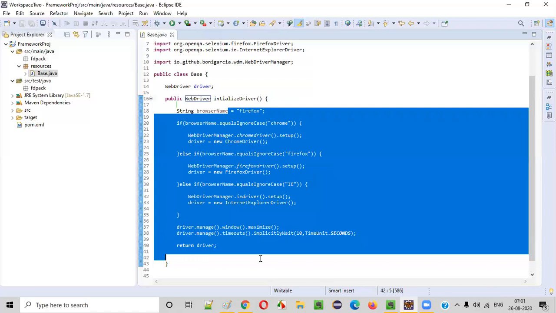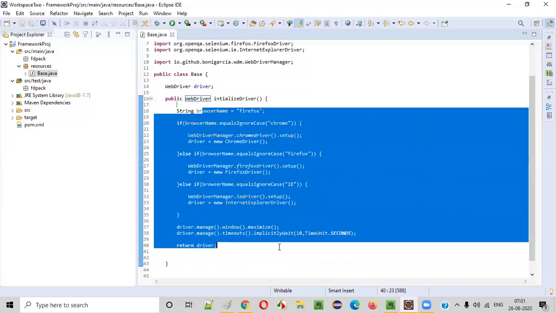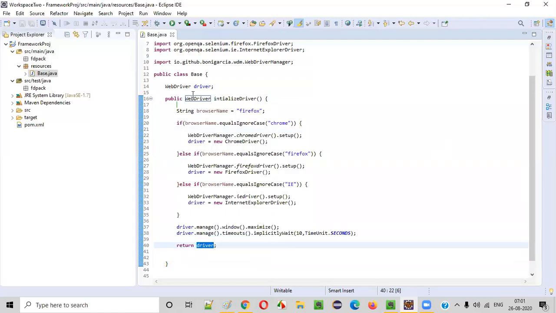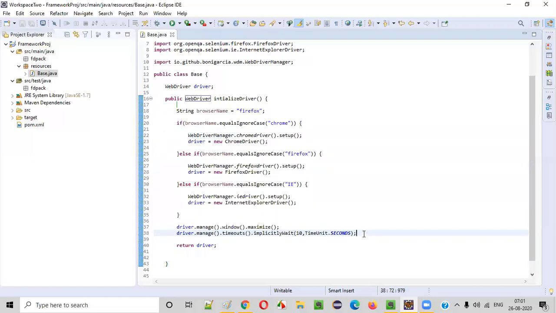Instead of writing all these steps again and again, we'll simply call this method, and these steps will be taken care of, and this driver will be retrieved, and we'll be working on this particular driver. We already opened a browser, we maximized the browser, and we added some implicit timeout for this driver also. So like this, we have initialized this particular driver. Simply call this method, and you will get this initialized driver. That's why we are calling this method initialize driver. You can give any name to this method, guys. This is a user defined method.